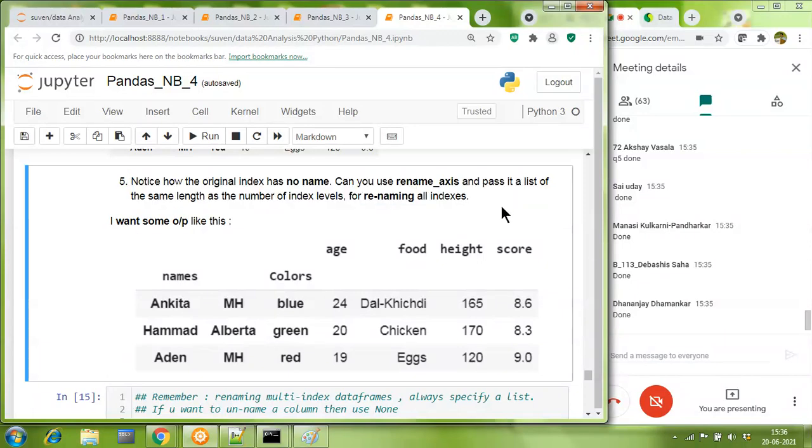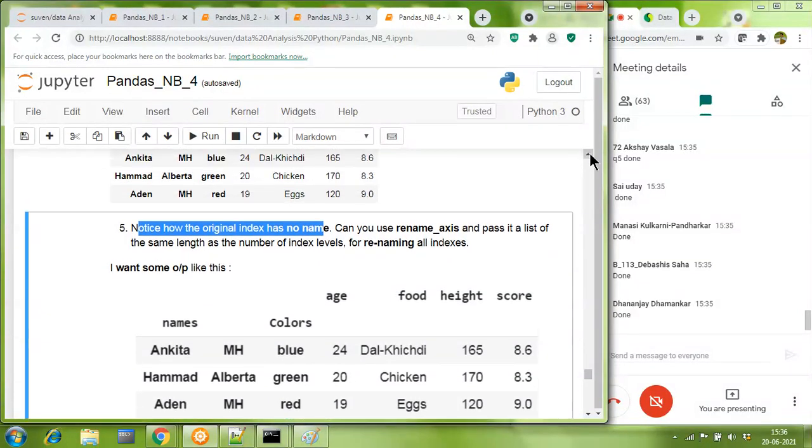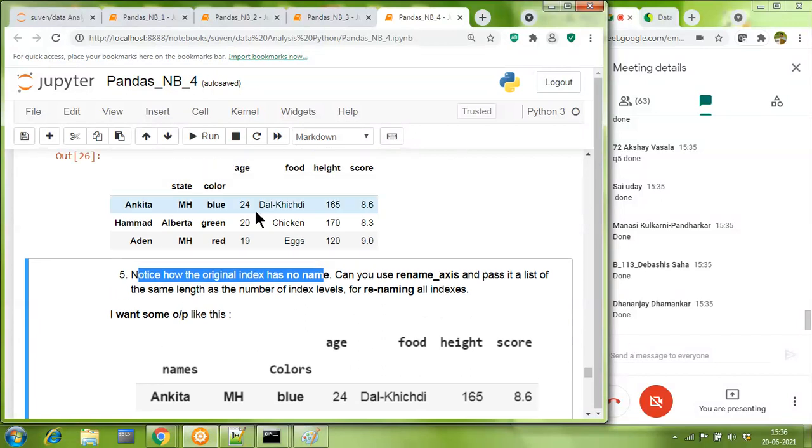You can use rename axis and pass it a list of the same length as the number of index levels, or renaming all indices. So, Dhananjay, just to emphasize this fact, notice how the original index has no name. I'm referring to this question with respect to the previous output. So the output of the fourth question showed us that the original index had no name.